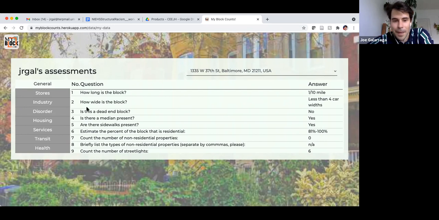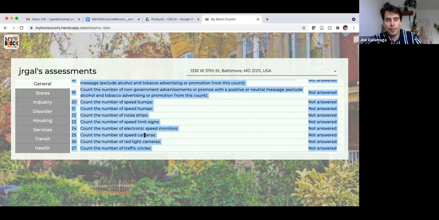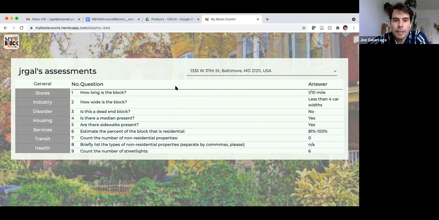In the same way that I was able to copy and paste all of these answers, you can take this, copy and paste it, put it into a document and print it out. Additionally, Dawood, if ever you just want the questions as they exist, you can send me personally an email at jrgal, just like this, at umd.edu, and I can send you all of the questions. Additionally, I think that probably Yan and Rachel could do the same thing as well, who I believe you are currently involved with on the air quality monitoring projects.